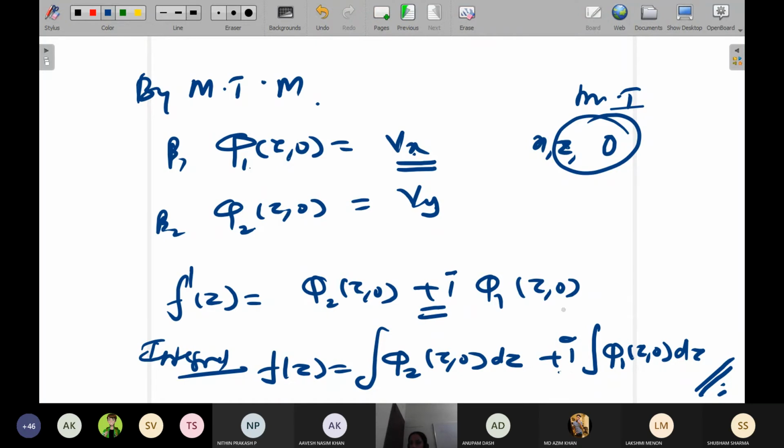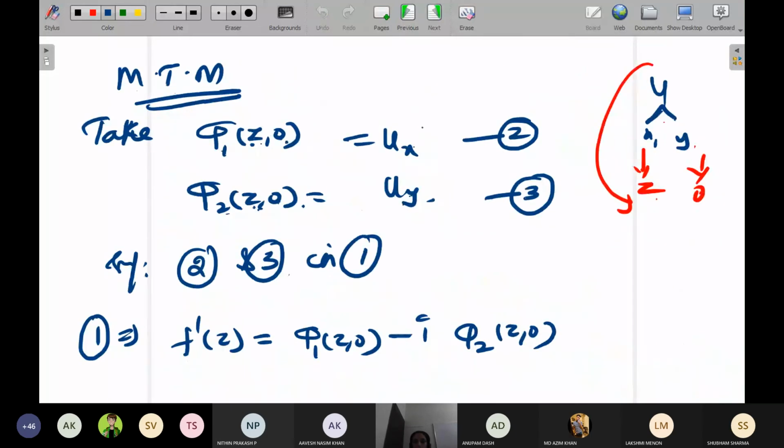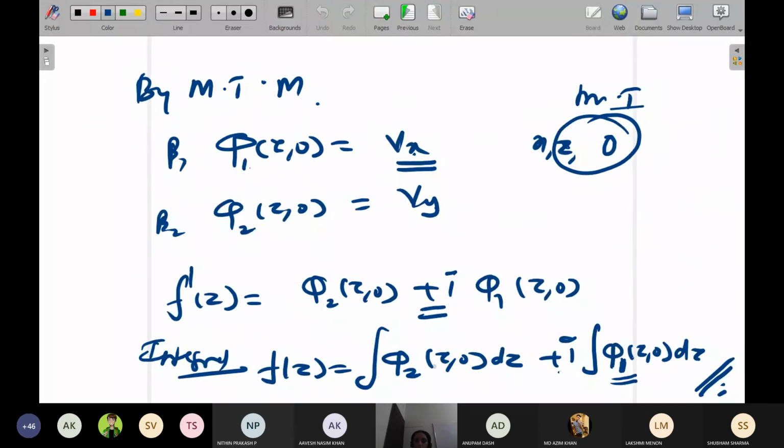I have always maintained it only for your convenience. In the books, if you see, it will be different. For your convenience, I have retained 1 with respect to x, 2 with respect to y, so that you will not forget. Even here I have taken 1 as differentiation with respect to x, 2 as with respect to y. Follow the same thing so that you will not make mistakes. But if you see books now, they would have interchanged this. So don't get confused when you see the books. Is it clear?